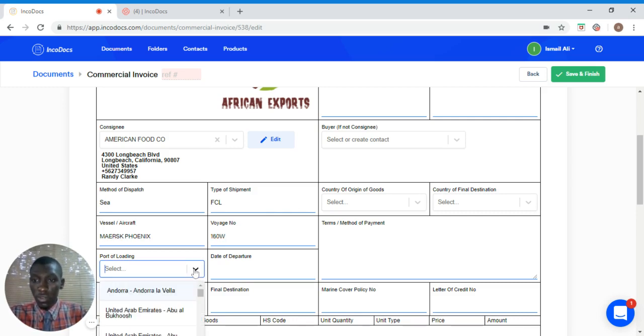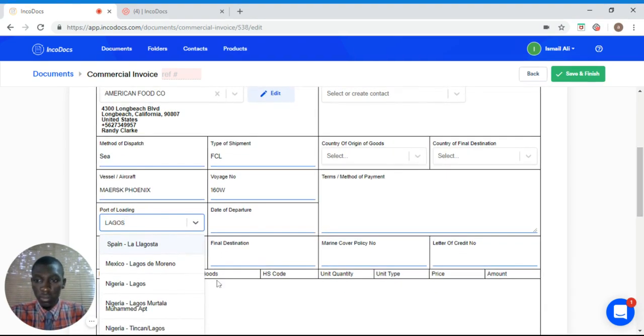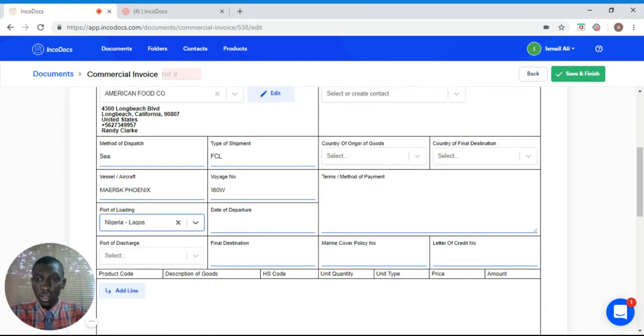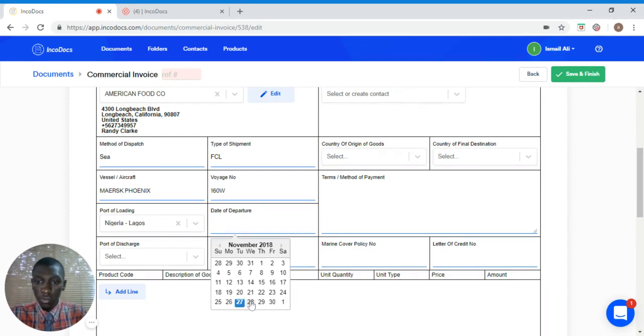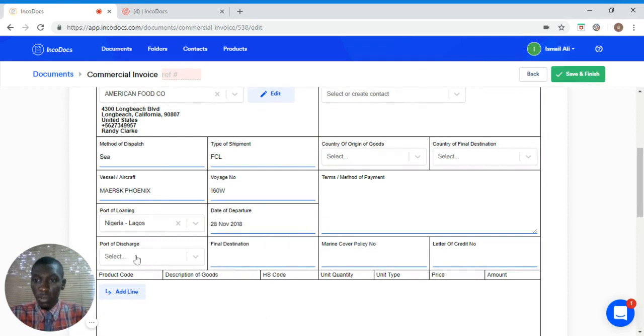My port of loading is Lagos, Nigeria. I'll choose my date of departure. Port of discharge is Long Beach, in the USA. Final destination is Long Beach.